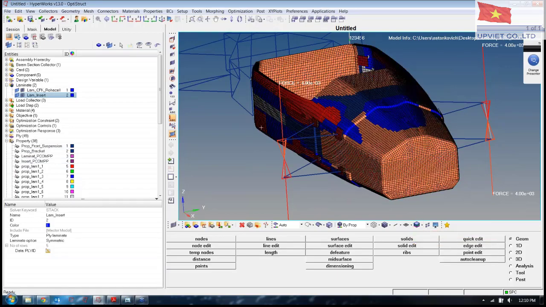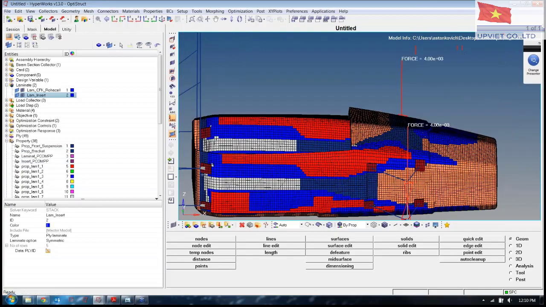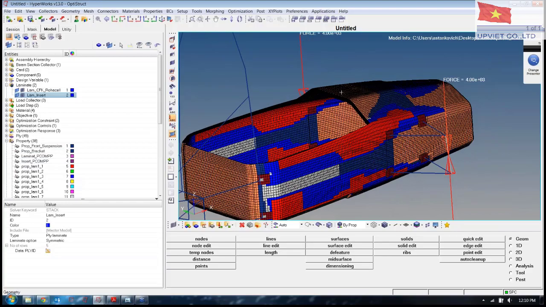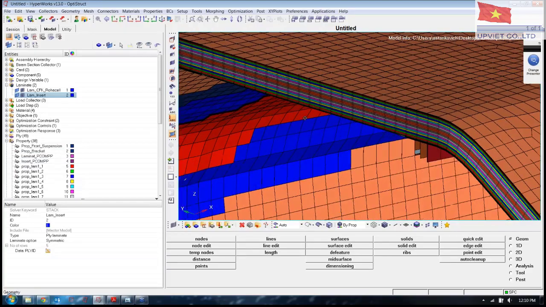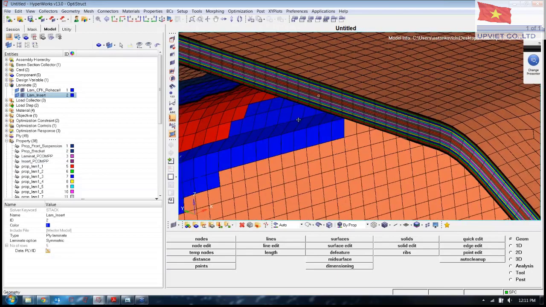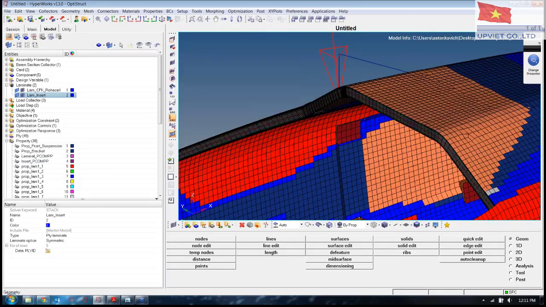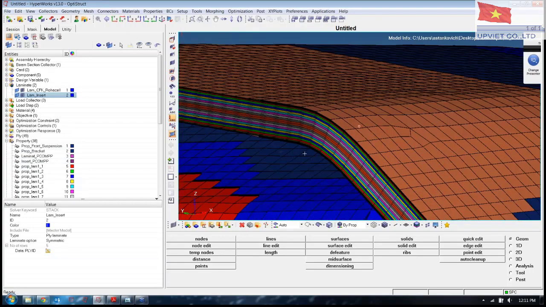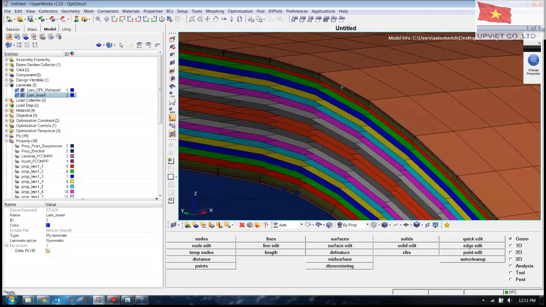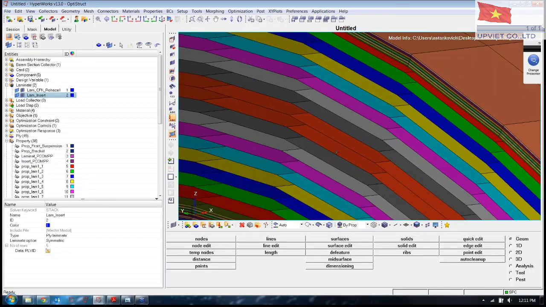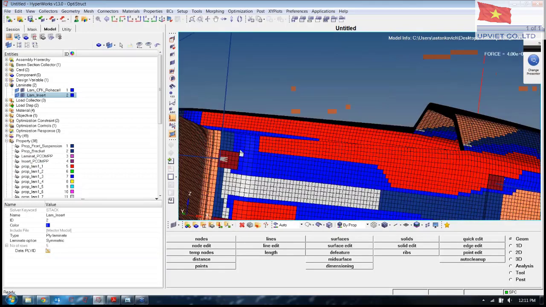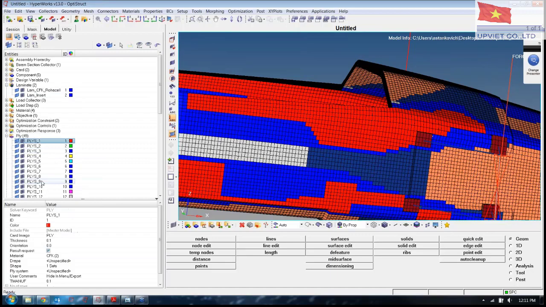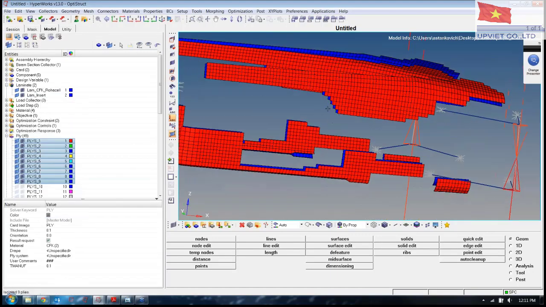So I'll turn on the composite layer view here, and I'll show you what ply-based modeling looks like. In ply-based modeling, you're going to be looking at every individual ply as kind of its own property. And instead of realizing these zones that have similar properties, you're going to keep it all based on the ply. So you can see here when I zoom in, we have many thin plies and some thicker plies, and you can see all these different plies layered. And if I go through and start isolating some of these plies, you'll see that